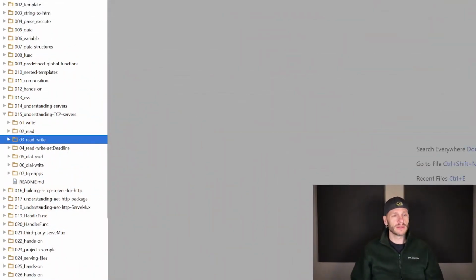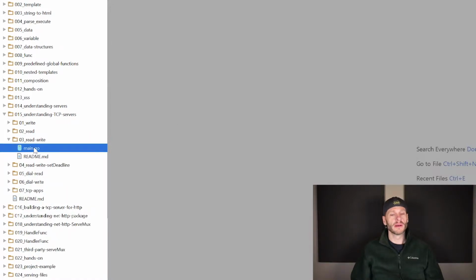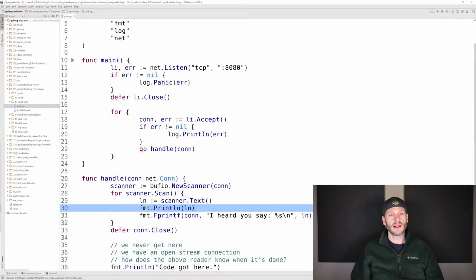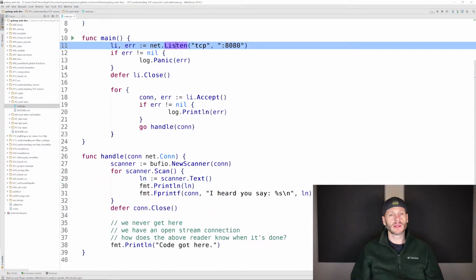So now we're going to see how to read and write simultaneously to and from a connection, or I think I might have transposed those, however we do it. And we're looking at 01503 read write. I'm going to open that folder up and open up the file, and we do our net listen, get